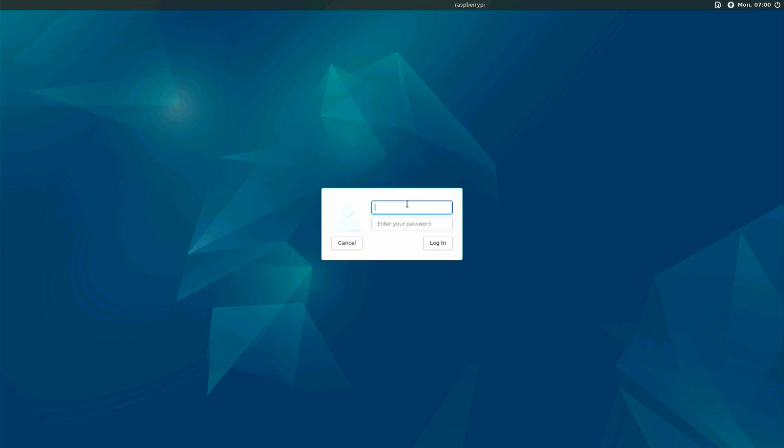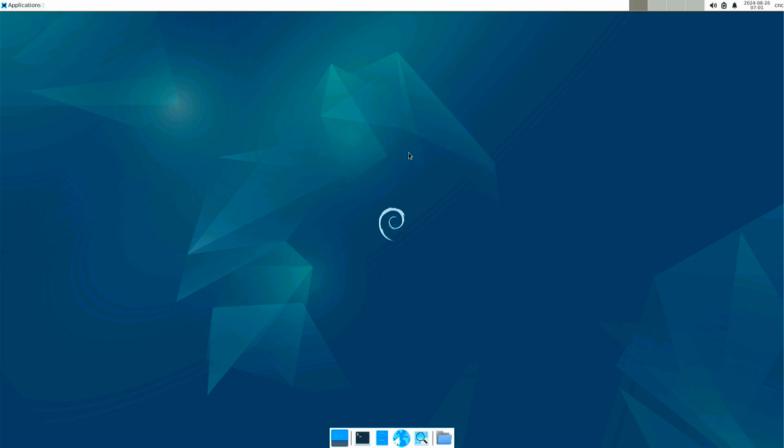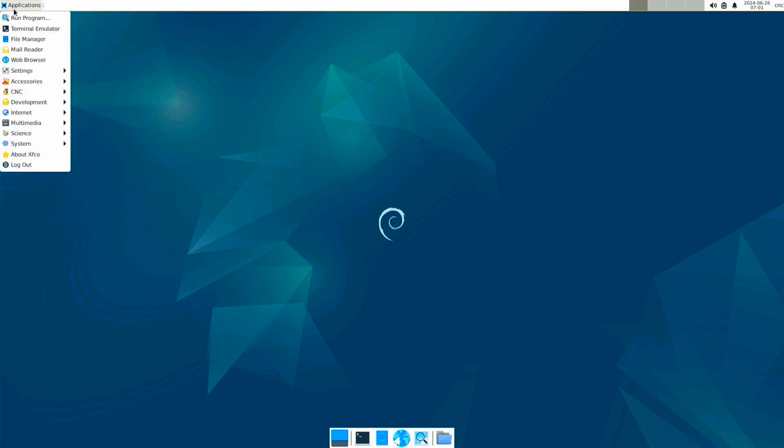This is for the Raspberry Pi 5. For both LinuxCNC Raspberry Pi versions, the password and username is CNC. I'm going to go ahead and log in. This is the first time this is booted up, so when I click on the start menu there, I have